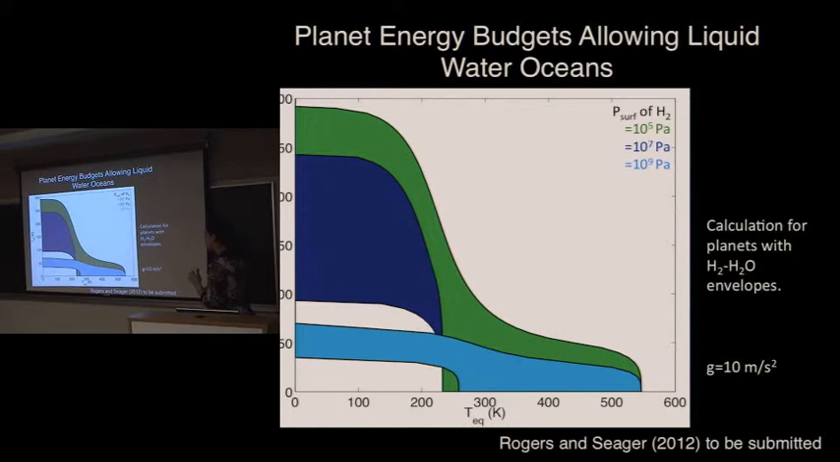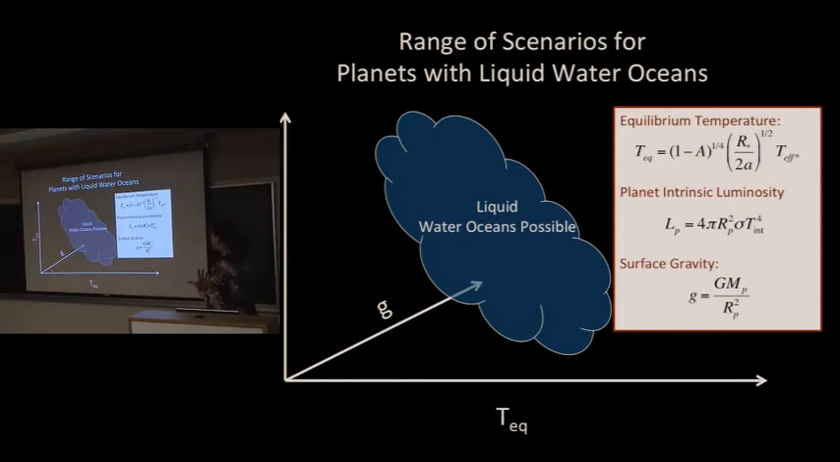So these calculations are more targeted towards planets with essentially optically thick gas envelopes. So for the Earth, the surface has a larger climate. Okay. So here I'm presenting essentially the range of equilibrium temperatures and intrinsic luminosity temperatures where liquid water oceans